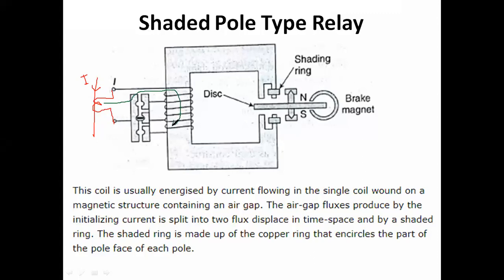This first coil is called the relay operating coil. This current is very small, so nothing will happen. But when a fault occurs, due to the high fault current passing through this operating coil, due to electromagnetic induction, flux will be produced